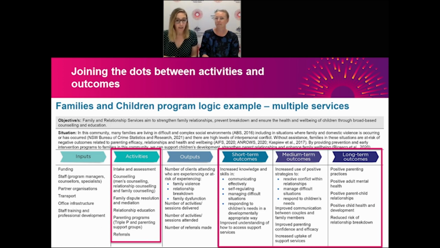If there were outcomes in here about things like school readiness or crime reduction, I'd be really questioning how they actually relate to these activities that we've listed here and to the needs that are described in the needs statement. Because at face value in this logic model, there's just no apparent connection between those things.